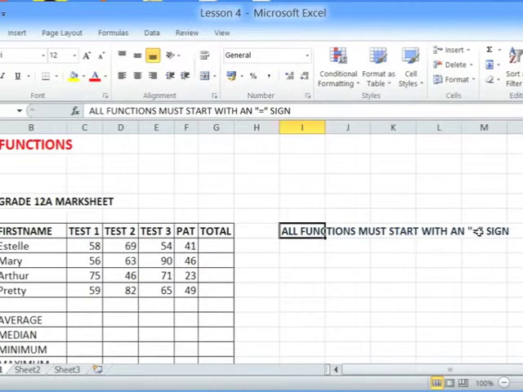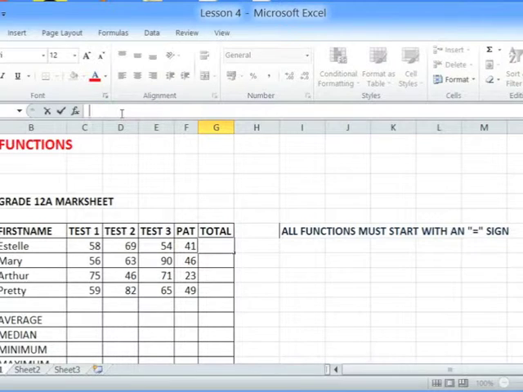Looking at our example, we want to find the total marks for each pupil in grade 12A. So I want to put this formula or this function in cell G7. So I'm going to type equal to, and I want to find the sum of test 1, test 2, test 3 and the pet marks. So I'll say equal to, and you will notice now that the sum